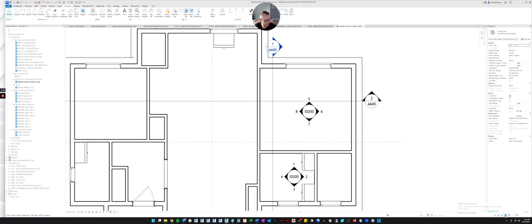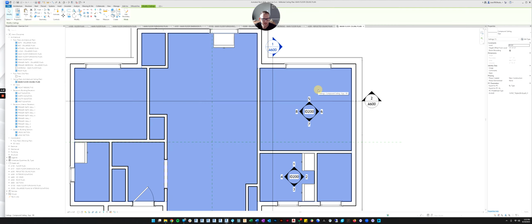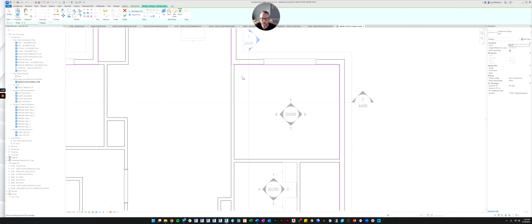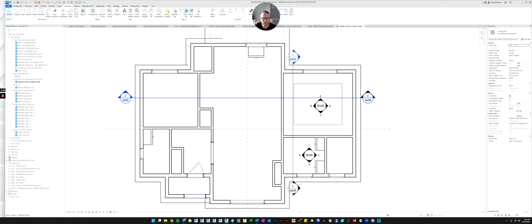So let's come down here and click this button that says select by face. Then we'll just grab the entire ceiling, and then I'm going to hit edit boundary. So the whole ceiling is one level, but we want to poke a hole in the bedroom. So let's draw a rectangle, and let's put it 2 feet away from the wall all the way around. I'm going to click on each line, change the temporary dimension to 2 feet, and there we go. Now that's going to create a hole in my ceiling.